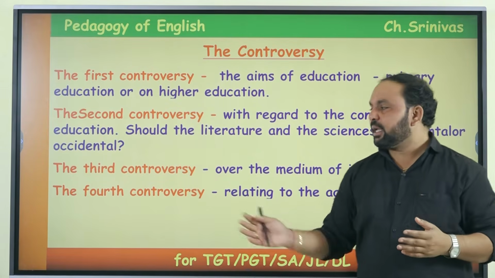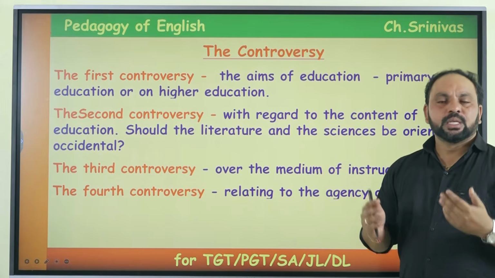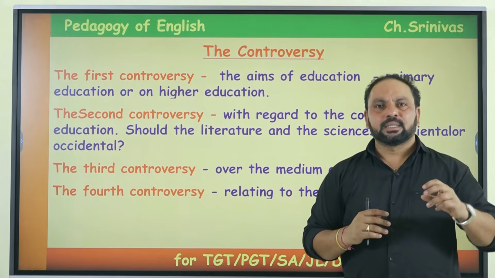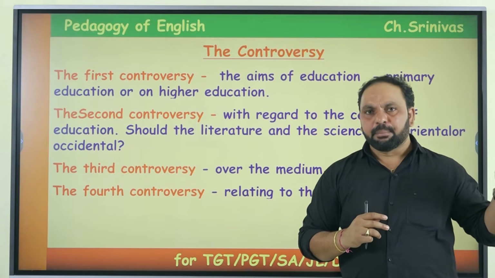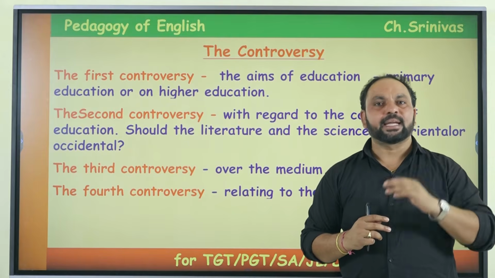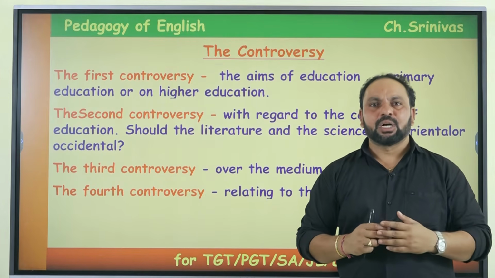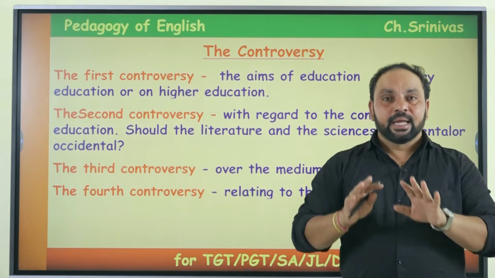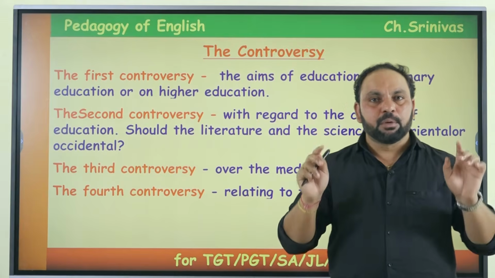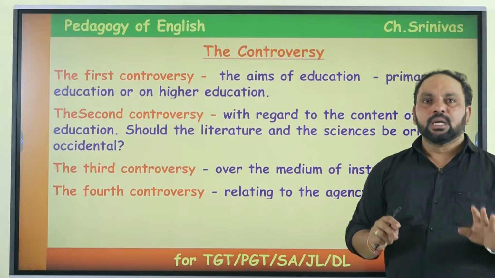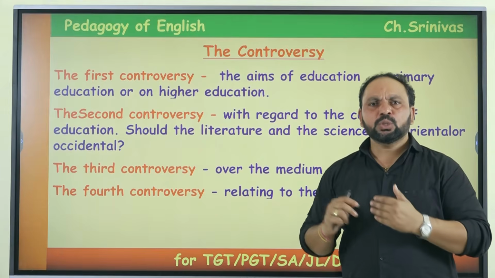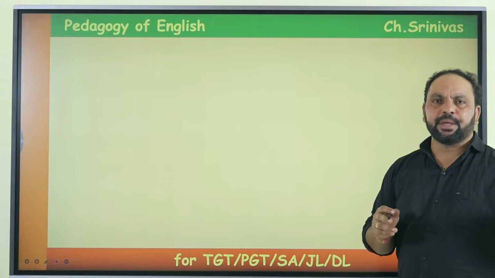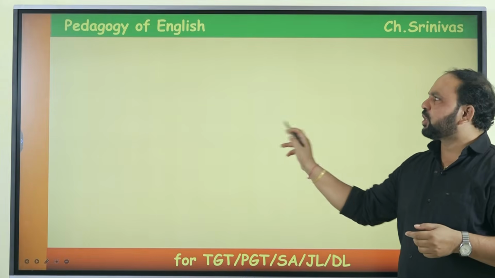And to spend that money, which agency should take it up? So this can be called the fourth controversy. These were the four controversies that came up after the implementation of the Charter Act of 1813. And now the British government wanted to give a conclusion to all these controversies. The British government wanted to put a full stop. So at that time, in order to solve all these controversies, the government established GCPI.